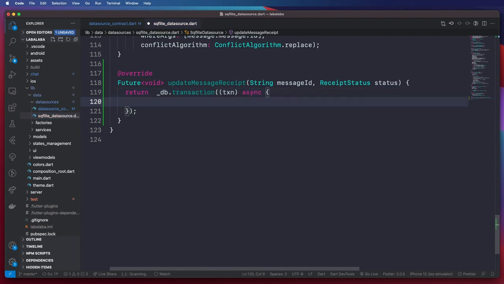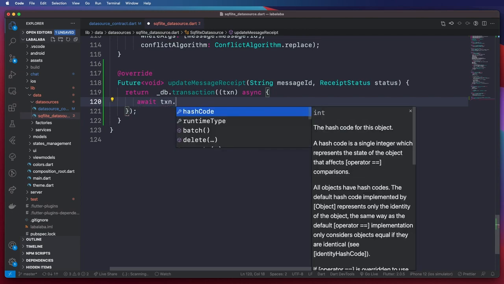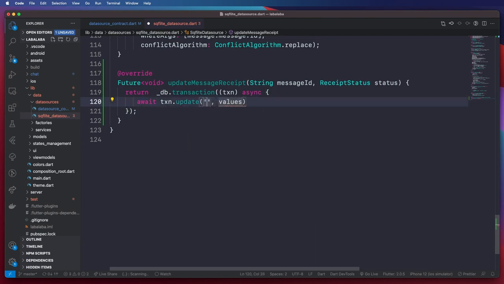Then all I want to do is to get the transaction and run an update query on it. So in this case, I'm updating the messages table, and what I'm updating is the receipt field,